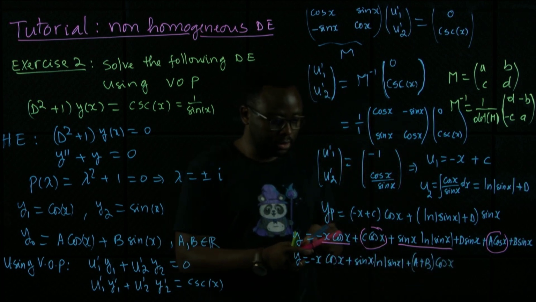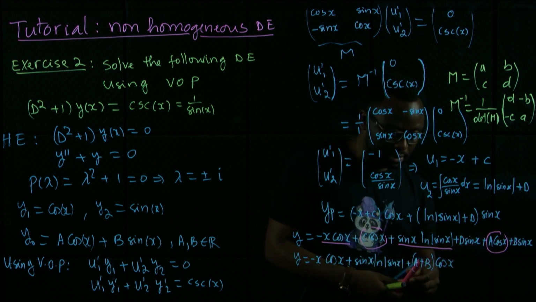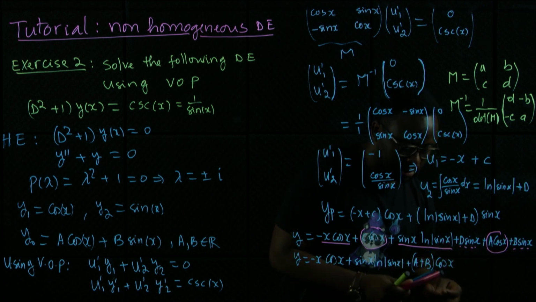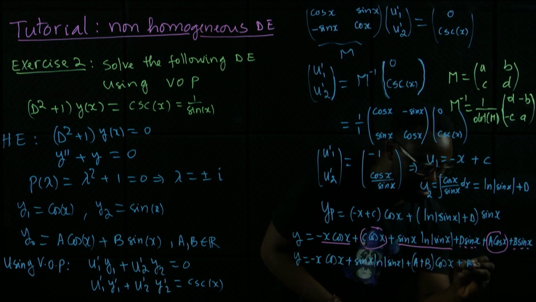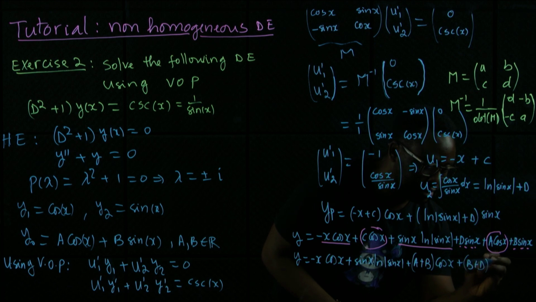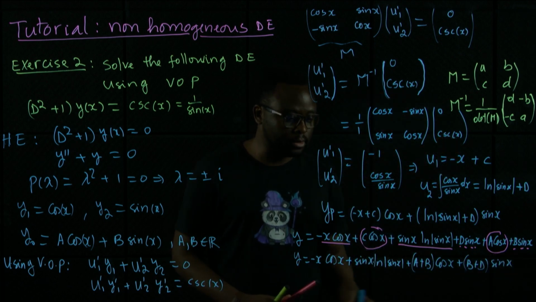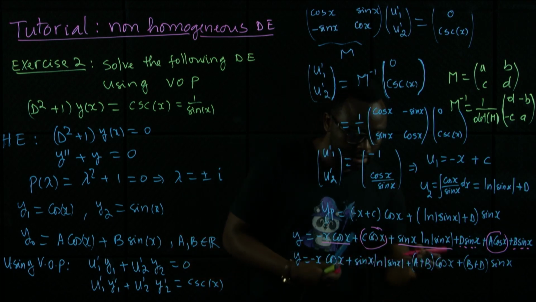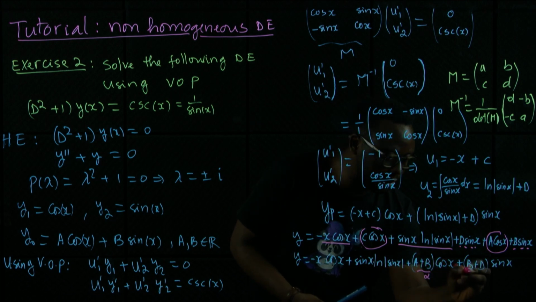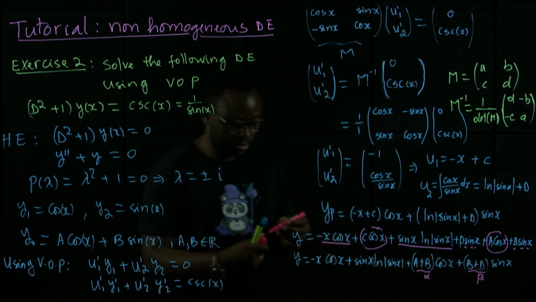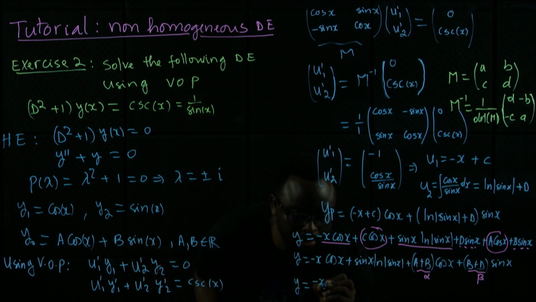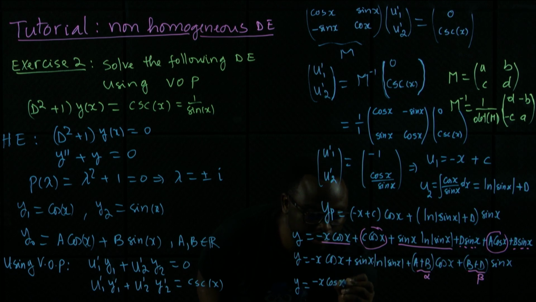And the last one is just this and this, which is (b plus d) sin x. I just factorize common terms here, and if we call this one alpha and this one beta, then the final solution is this: